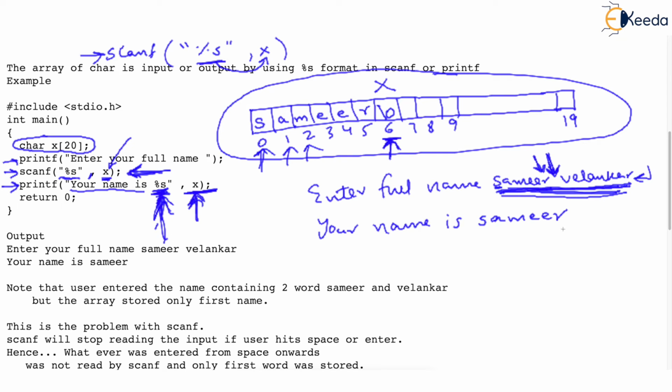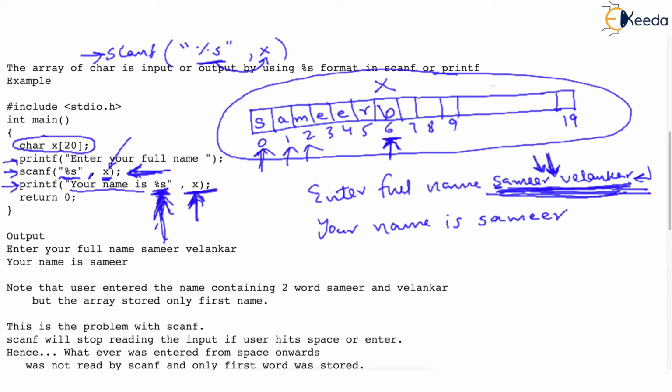Okay, don't get disappointed that the entire name was not stored. Leave this issue aside for now. This is the problem of scanf, but we are discussing printf. Are you understanding? Printf says that I will start printing from the beginning, or the base address, of the array. I will start printing character by character from there. And how does printf come to know when to stop? It knows that it has to stop printing when \0 is encountered.